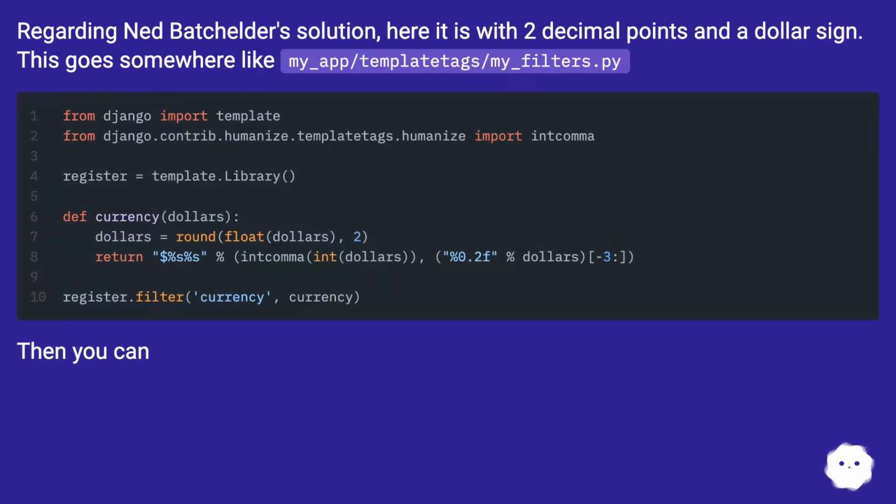Regarding Ned Batchelder's solution, here it is with 2 decimal points and a $ sign. This goes somewhere like my_app/templatetags/my_filters.py. Then you can